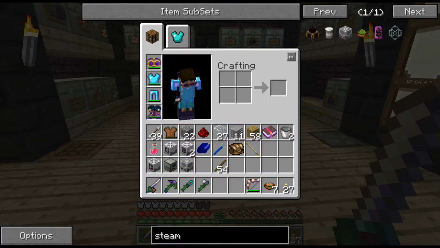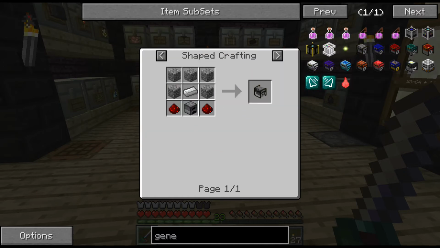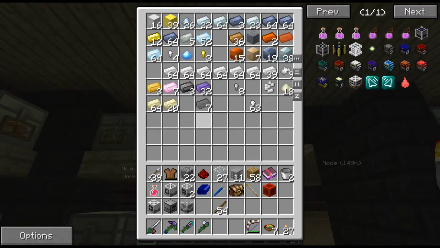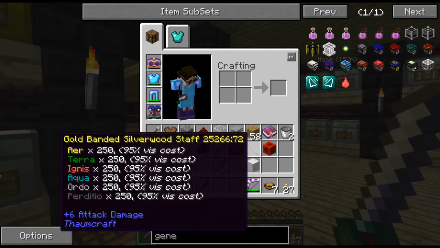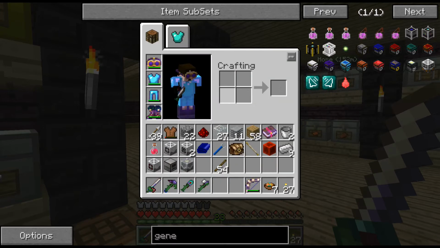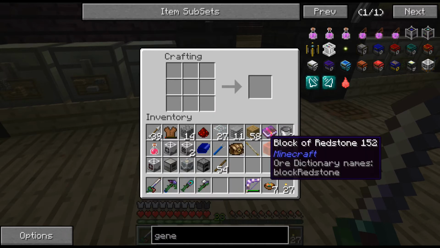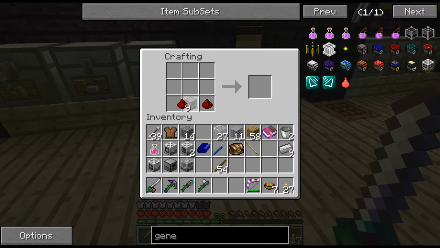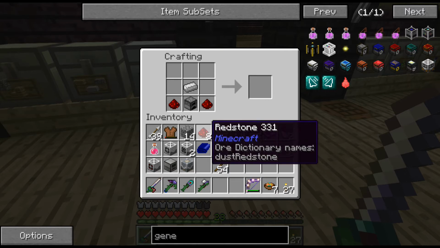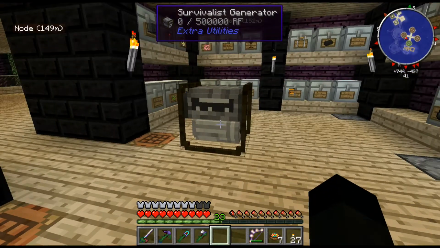Now there is another generator I wanted to just have a play with as well, and it was suggested to me that I try this one out. So we need a survivalist generator, more redstone, more iron. Right, what did we need? Iron, cobble, redstone, and a furnace. So furnace, furnace, redstone, iron, and cobble. Now this is from Extra Utilities, and these are pretty cool because you can plop that down,